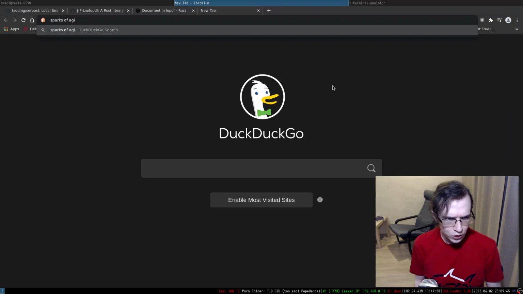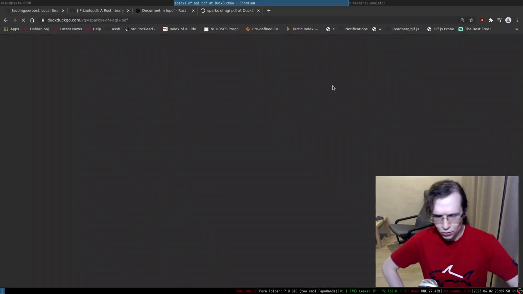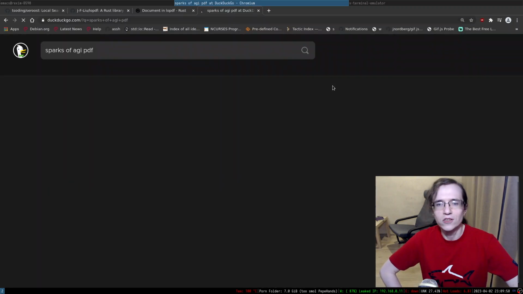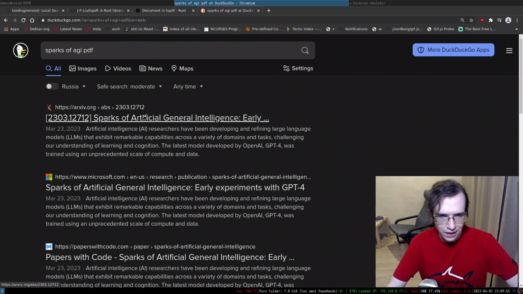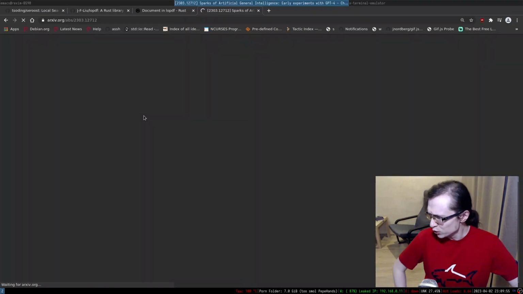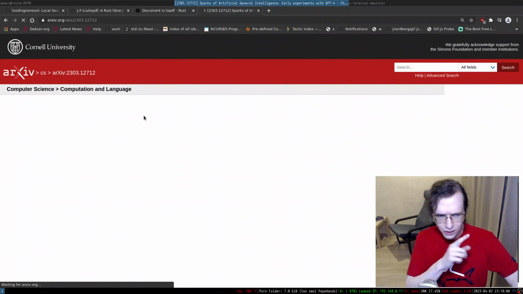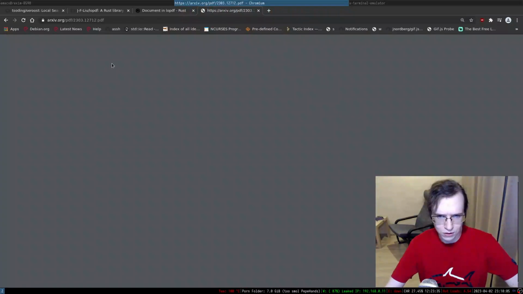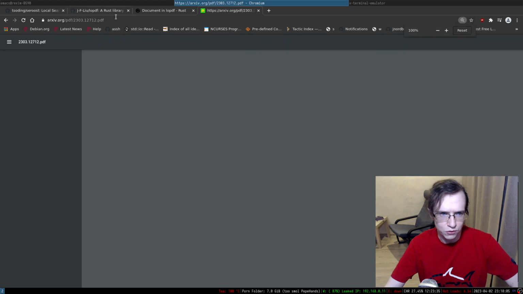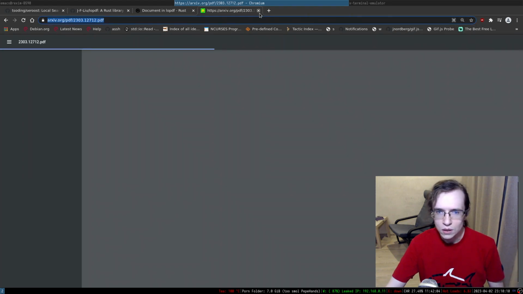Sparks of AGI PDF, right? So on arXiv. The latest hot paper that everybody is talking about, this one. I think it's rather big. It's like over 100 pages or something like that. That would be actually kind of cool to test out. So it's basically research on early experiments with GPT-4. So let me